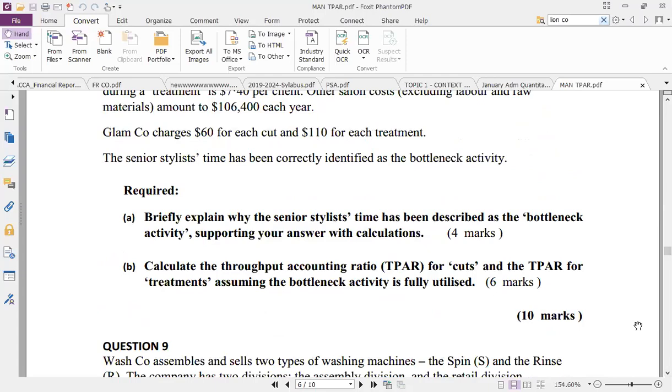This one is the other, the second type. This is not as straightforward as the one that we've been doing. So pay attention to this very question. That's the second way of determining the bottleneck resource. And then B,